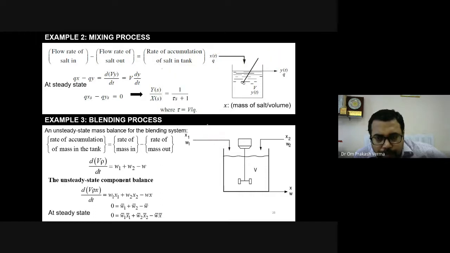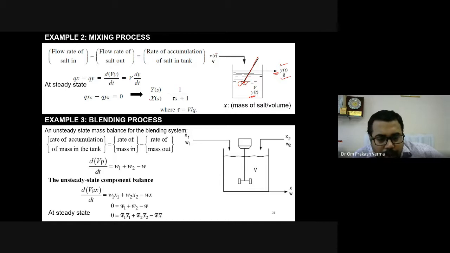Okay, so in this problem we have taken the inlet flow rate of the liquor entering the tank with flow rate q, and leaving with the same flow rate q. The concentration of the inlet is xt and the outlet product is yt. Let's say this is water and some salt is entering, and there is a mixer. This is a mixing of the salt and water, and whatever the concentration, that is yt, we get as the product. The volume of this tank is V.